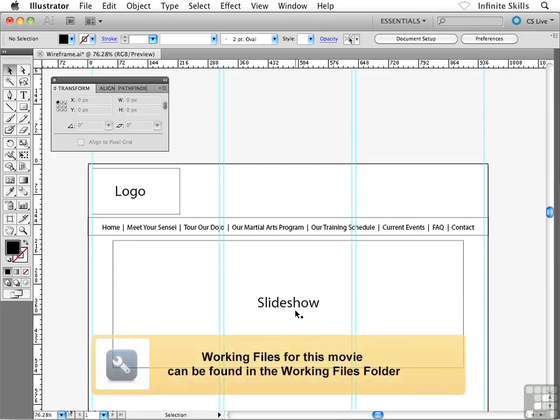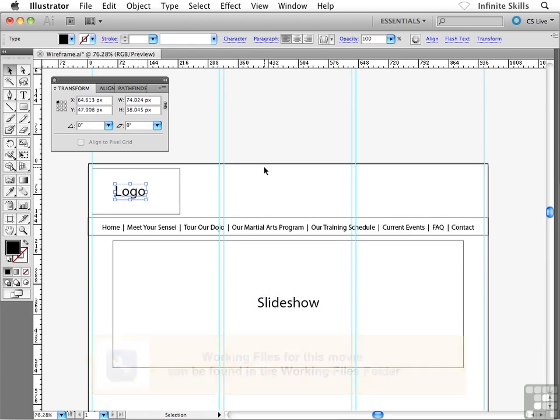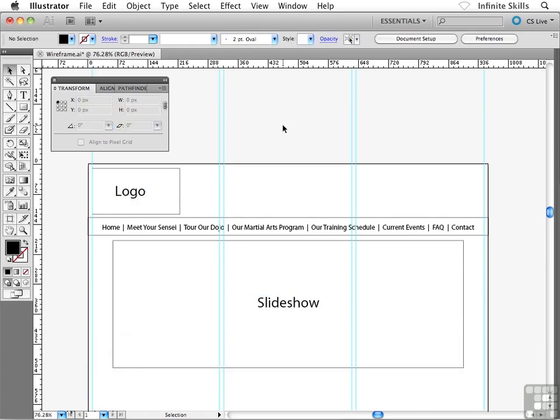As you can see, I've started throwing in text labels here for my various objects, not only to help me remember what's what inside the wireframe, but also, of course, to communicate to the potential client as well. Now, also, I wanted to point out that at the end of the last lesson, I mentioned that you could set up multiple columns. You could divide your layout into thirds if you wanted to, and as you can see,